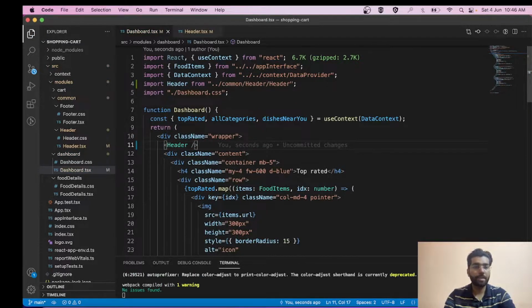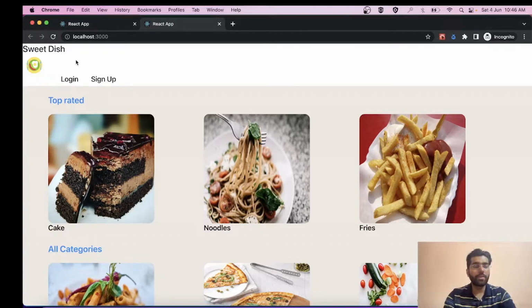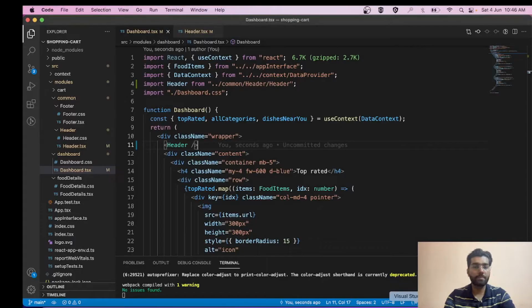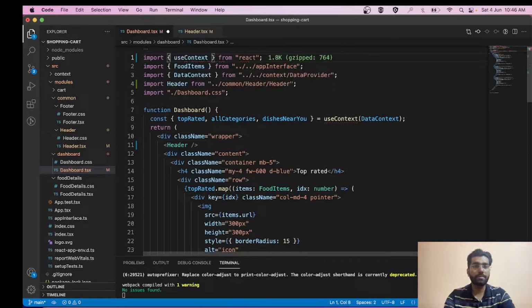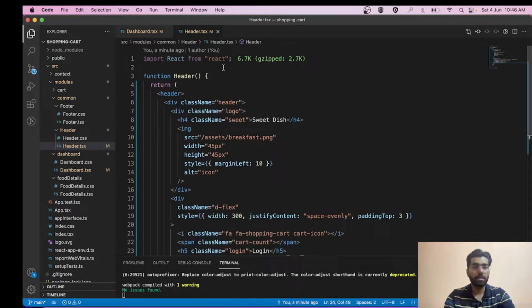Let's see. Okay, so friends, right now it is looking something like this because we have not added the style sheet and we have not added the CSS. So let's go ahead and add the CSS portion. Let me remove the React as it is not needed over here and over here also.